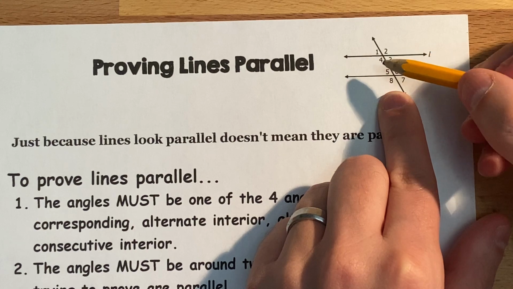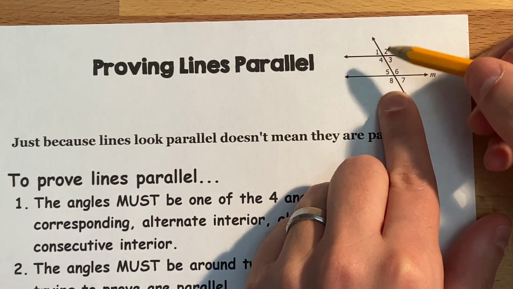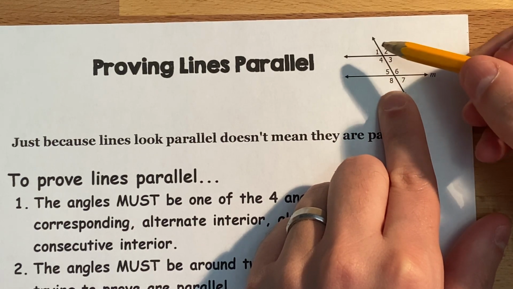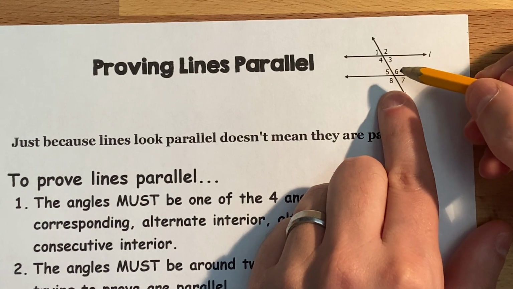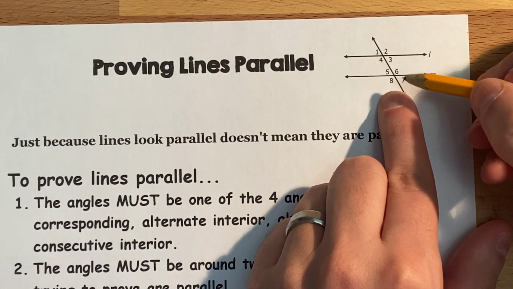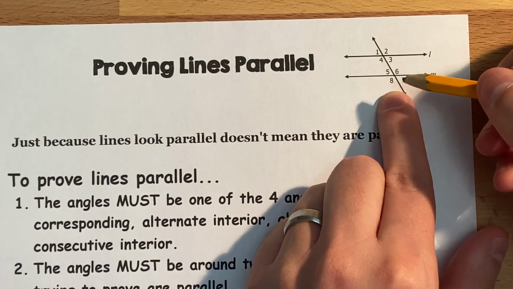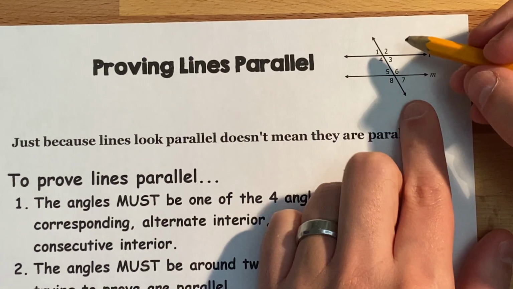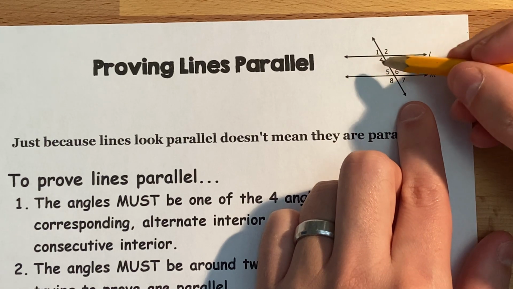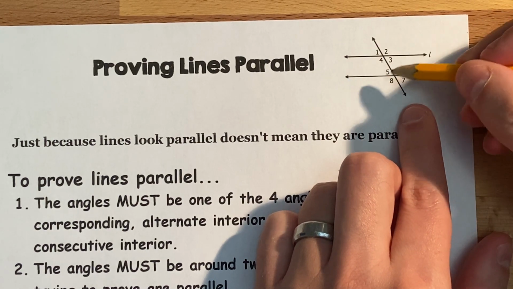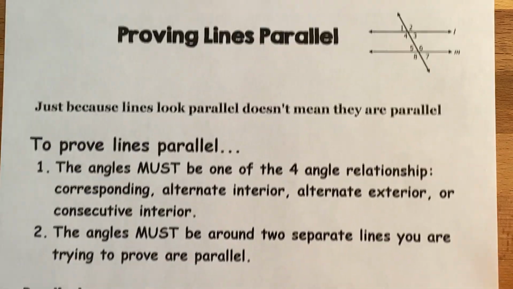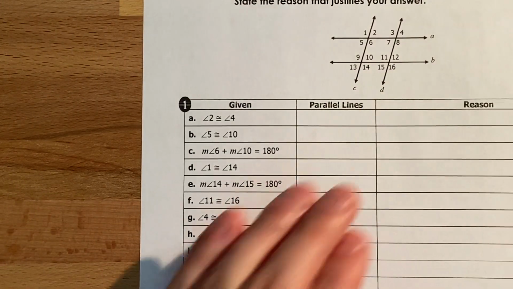So if I was talking about 1 and 4 or 2 and 4, I couldn't do anything. It had to be something like 3 and 6 or 3 and 5 or 3 and 7. 3 and 8 don't really have an angle relationship that's mentioned down here. But it does have to be one of these four matching to one of those four. Or down here in this one,